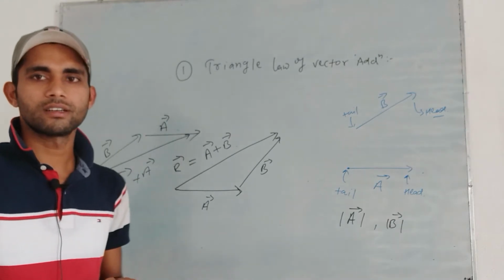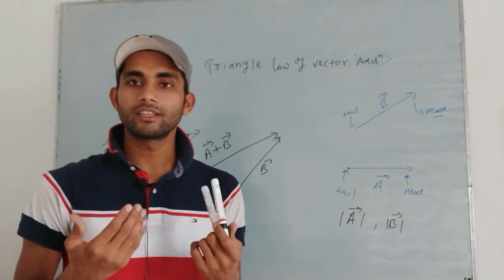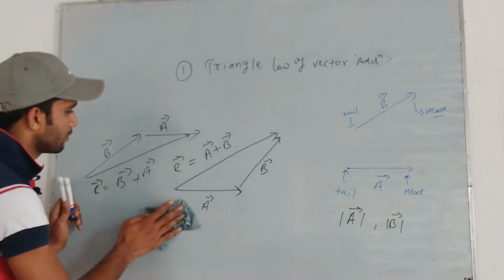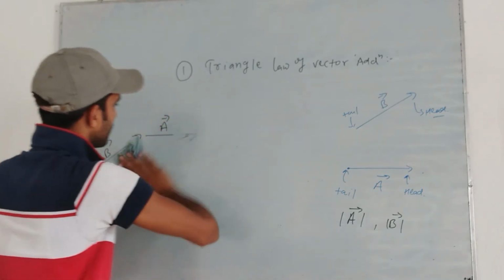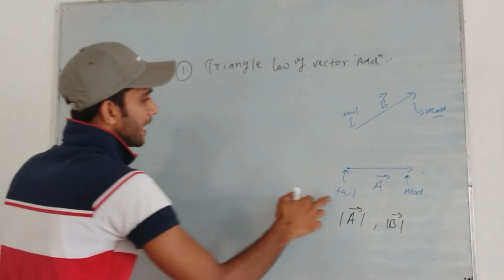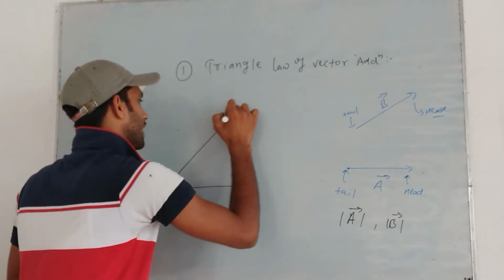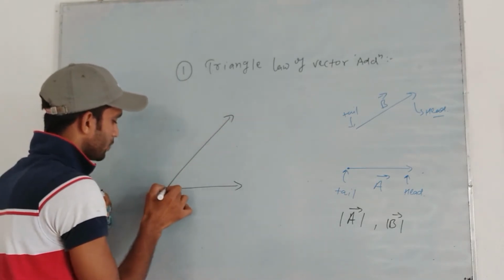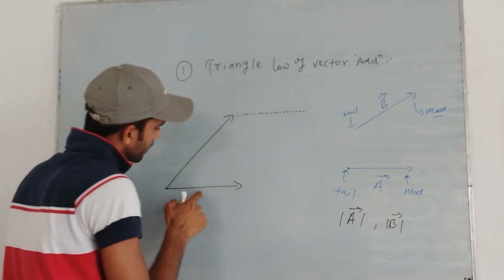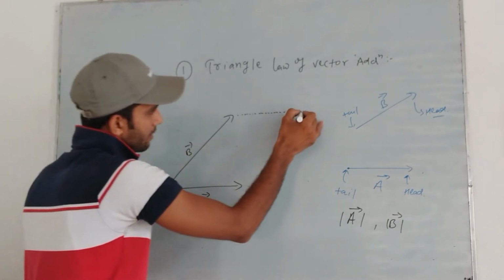After the triangle law of vector addition we have to discuss the parallelogram law of vector addition. This is another method to find the sum of A and B, right? In the parallelogram law, if you have two vectors in a space, something like this, then you have to join the tail of both vectors at the same point, meaning coincide the tail of A and B at this point, and draw the parallelogram by considering A and B as two sides of the parallelogram, right?